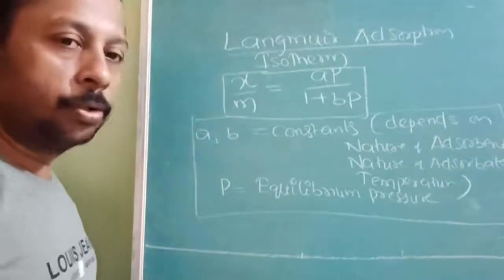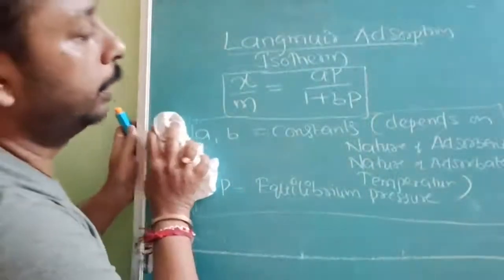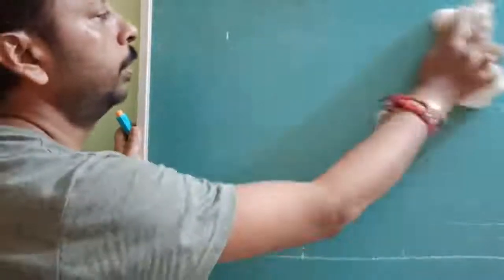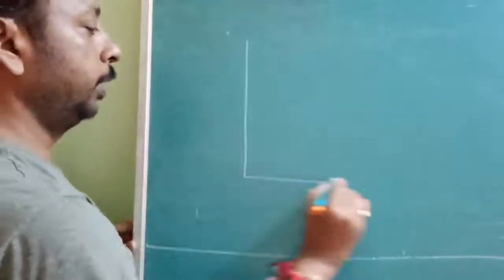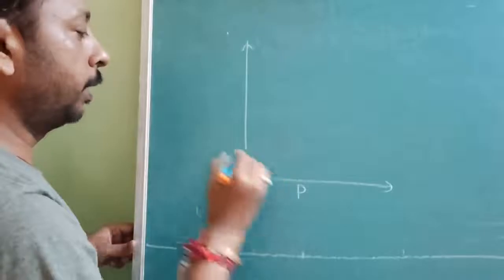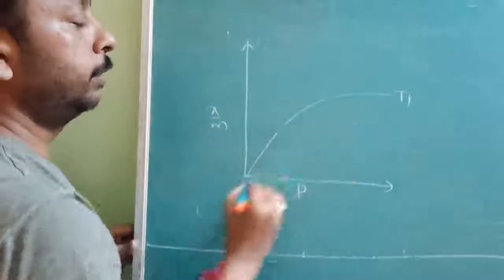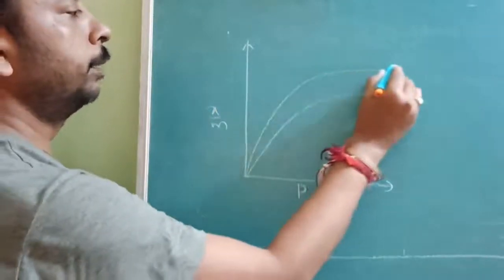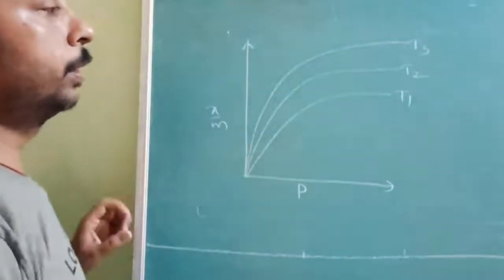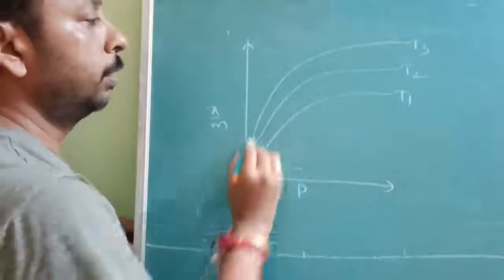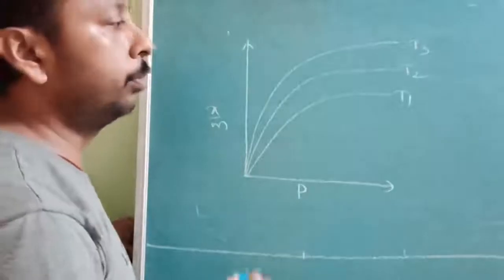So these are the two graphs related to this, and there I have one more graph in the Freundlich adsorption isotherm only, but the question was asked differently. Actually speaking, temperature should not change. Here pressure, here x/m. So at one temperature T1, this was the graph. At another temperature T2, this was the graph. At another temperature T3. So this is an adsorption isotherm, this is an adsorption isotherm, this is an adsorption isotherm. The question was related to what is the relation